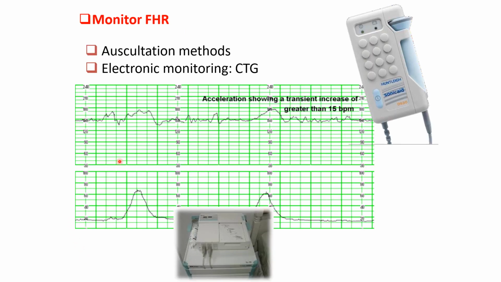And the next one is CTG. Actually, CTG is not there in the partograph, but I am giving it to give an outline about the maternal contractions and the relation with the fetal heart rate. That is, uterine contractions and fetal heart rate. You will get an idea about that if you look into this CTG, cardiotocogram.